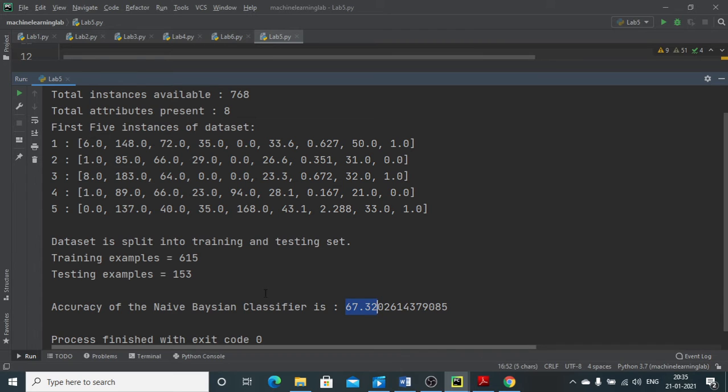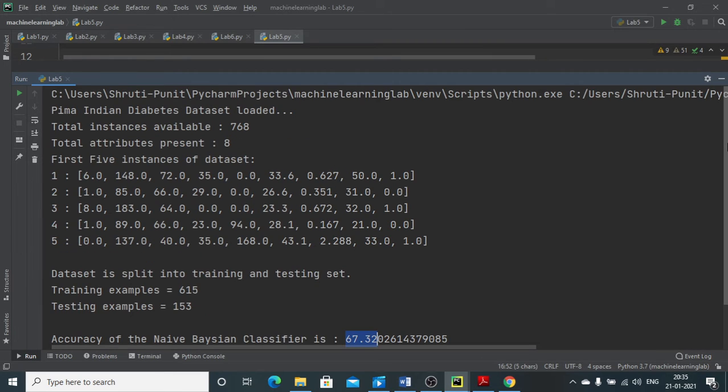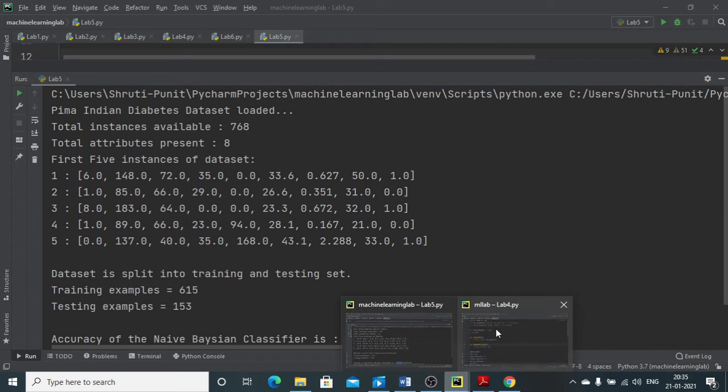Okay, so this is what regarding lab number 5. This is pre-executed data, so let us see how we can execute it now.